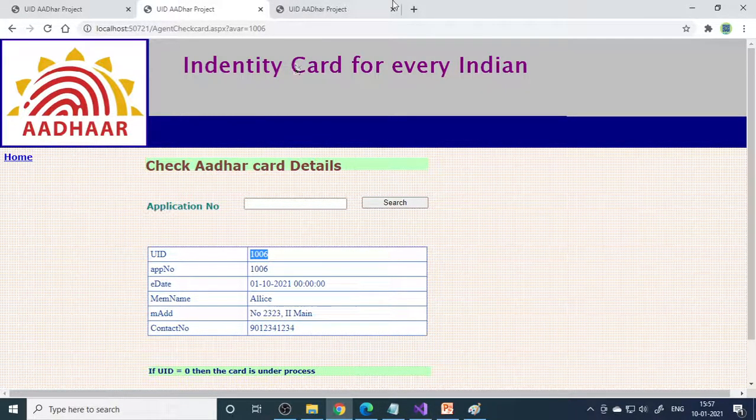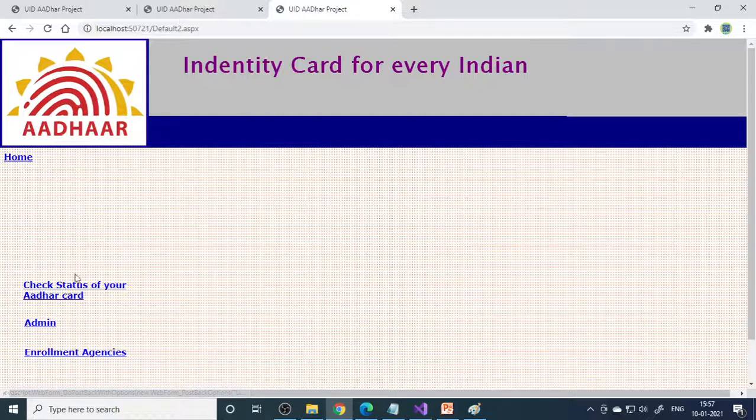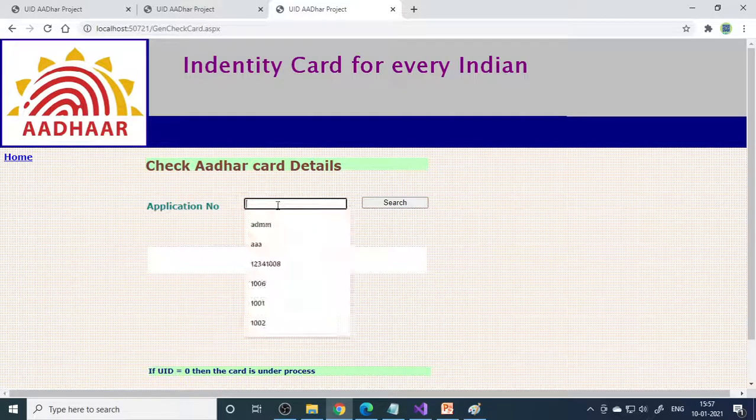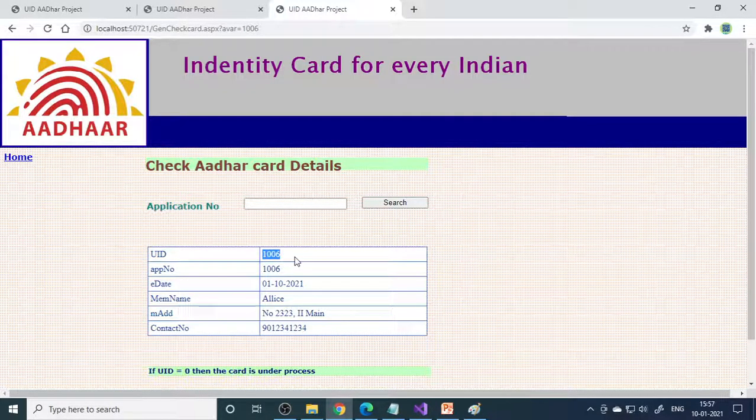That does the job. So then for a common user, so it is options. They can go there again. They can check. So here, so what is their ID? And when you have an ID, it means that it's approved. If it's 0, means it's not approved. But once you have an ID, it's approved.